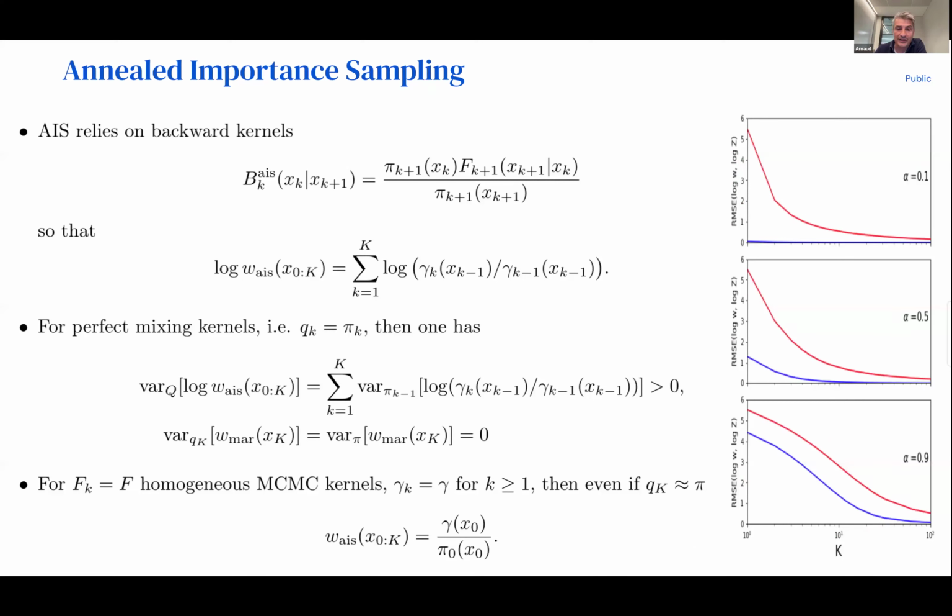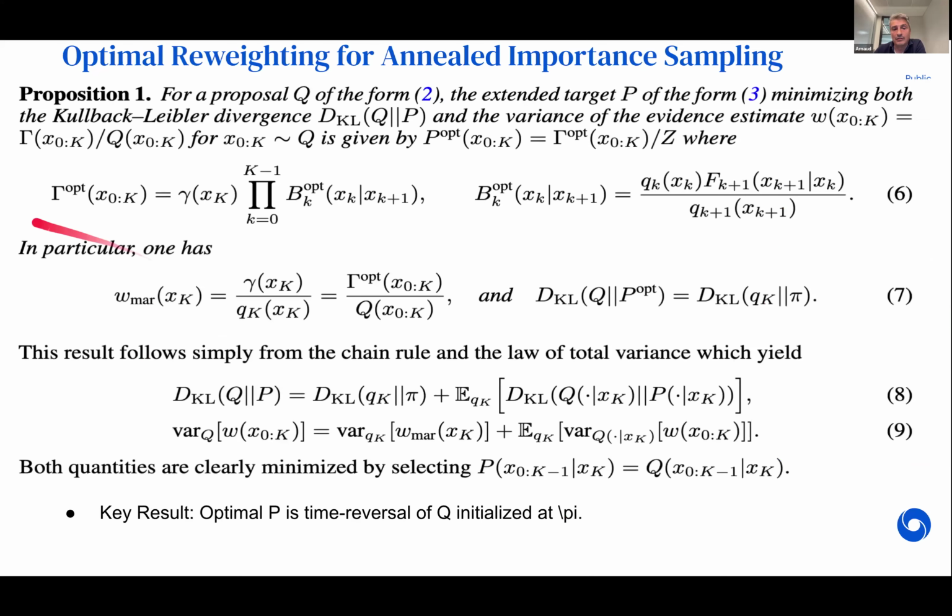Okay, so that's all nice, but obviously it's not really practical because, again, for a complicated problem, you will not be able to compute the marginal distribution of the final state of your Markov chain. Okay, so still we're going to try to make progress on that and try to identify at least what is the kind of optimal choice of backward Markov transition kernel we should be using so as to reduce the variance of my extended importance sampling estimate of Z. Okay, so this is a result.